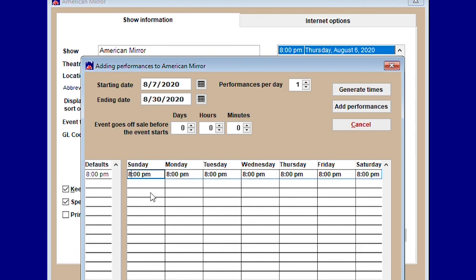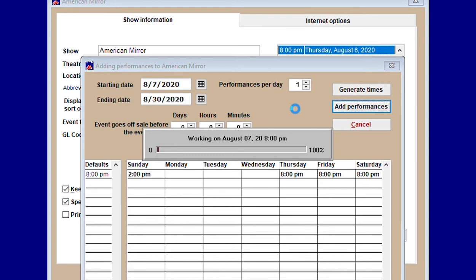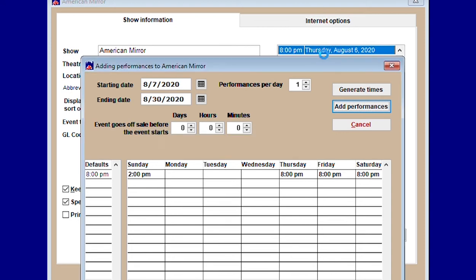First thing I'm going to do is just change my Sunday to a 2 o'clock performance. I'll get rid of Monday, Tuesday, and Wednesday because I don't have any shows on those days. And then I will add performance. So now what this is doing is it's adding any performance on a day that falls between the 7th and the 30th, and it's automatically copying the information that we put in our initial show, our initial performance. So that capacity, if I did put in a special price of any kind, anything that's in that show is being copied,